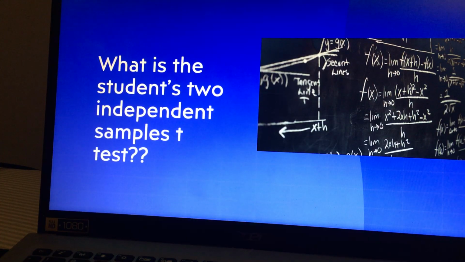But for now, we're just going to point out that if we have an experimental design where our participants are randomly allocated to one of two groups, and we want to compare the two groups' mean performance, like the test grades, on some outcome measure, then that would be where we use this independent samples t-test rather than the paired samples t-test. So let's move on to page 8. Onto page 10, and